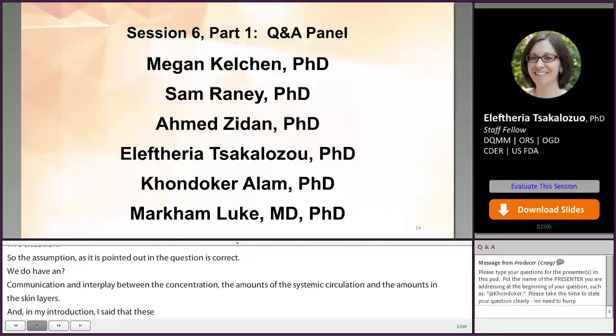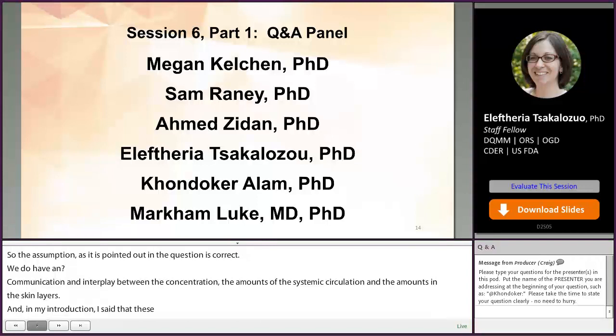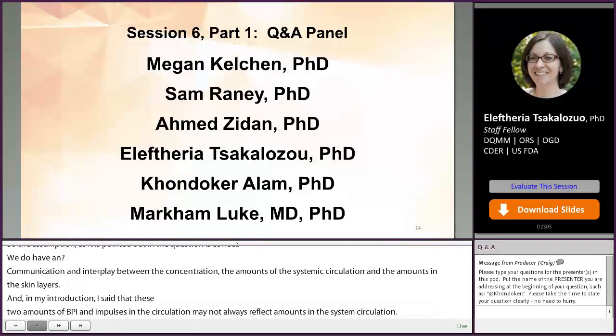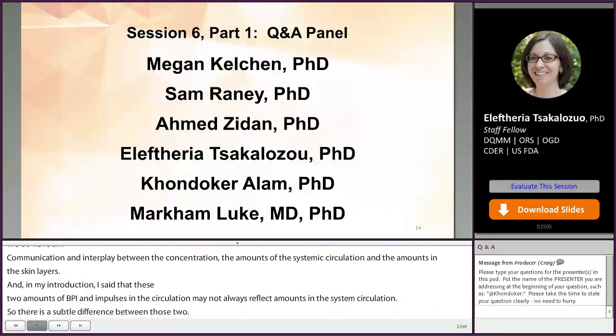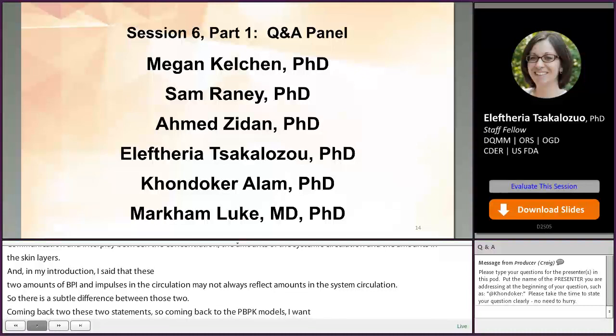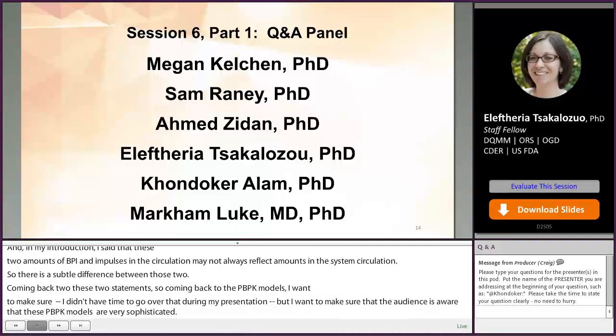So there is a subtle difference between those two. Coming back to the PBPK models, I didn't have the time to go over that during my presentation, but I want to make sure that the audience is aware that these PBPK models are very sophisticated. They account for even the potential for redistribution of the API from the systemic circulation into the